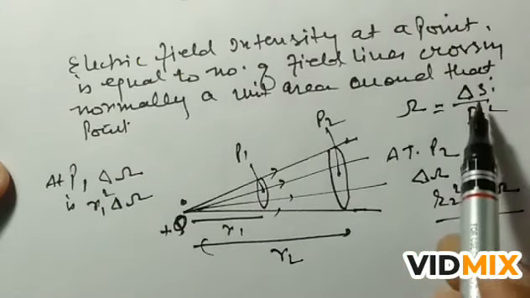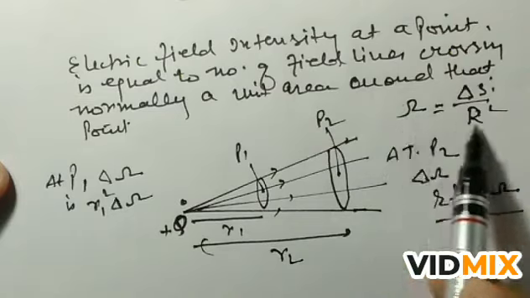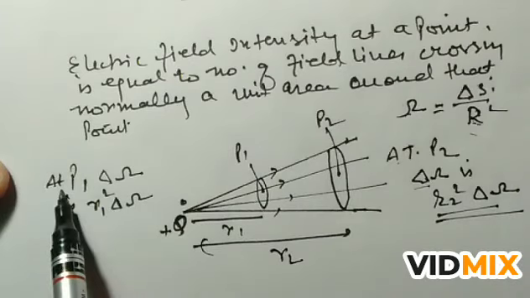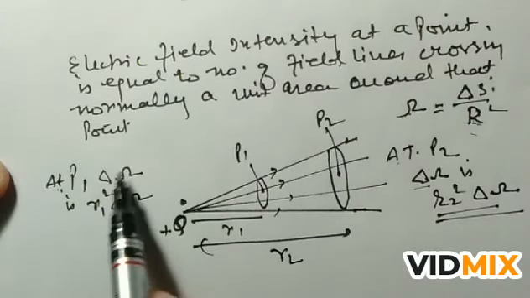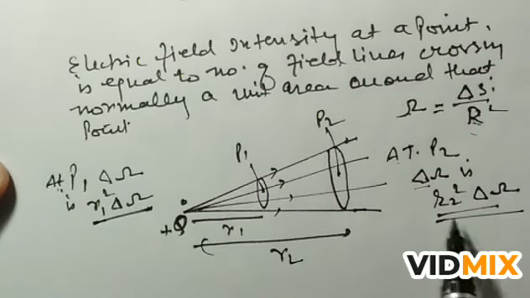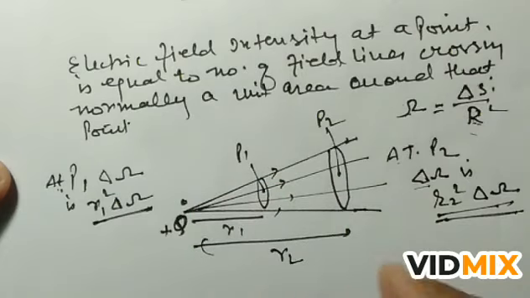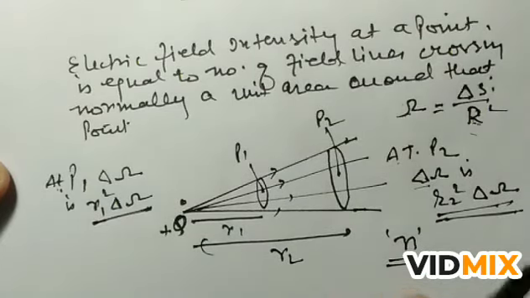So here this is solid angle omega. Now what is area? Area we can represent by solid angle into radius square. So at P2 the area subtended by delta omega is R2 square delta omega, and at P1 the area subtended by delta omega is R1 square delta omega. These are the areas at P1 and P2. So the number of field lines cutting these area elements is the same. Whatever lines of force are coming from here, the same are entering here. Suppose the lines of force cutting the area are N, and they are the same.